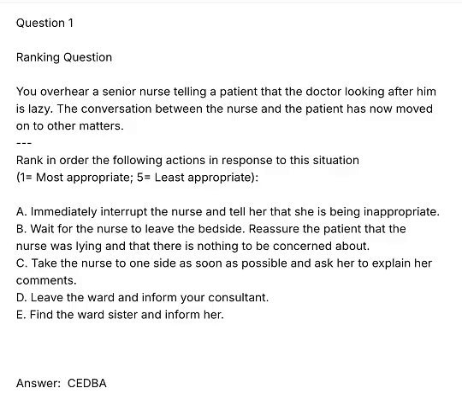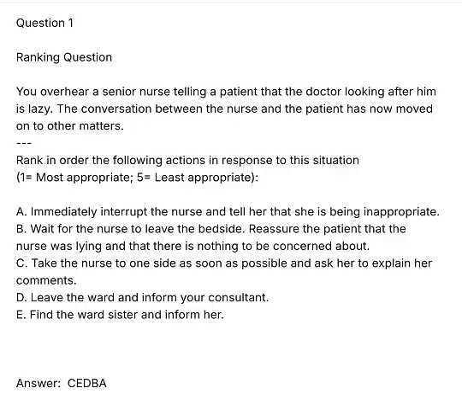A. Immediately interrupt the nurse and tell her that she is being inappropriate. B. Wait for the nurse to leave the bedside. Reassure the patient that the nurse was lying and that there is nothing to be concerned about. C. Take the nurse to one side as soon as possible and ask her to explain her comments. D. Leave the ward and inform your consultant. E. Find the ward sister and inform her. Answer: